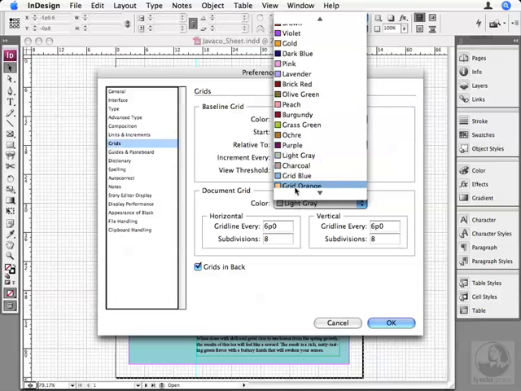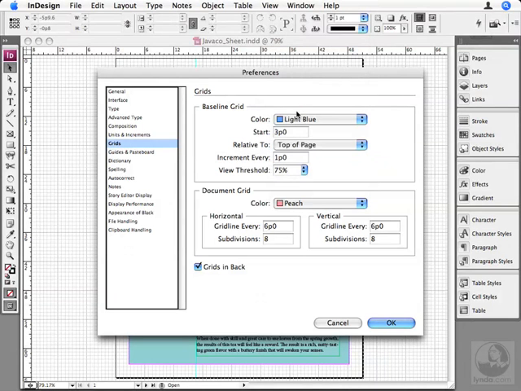We can change the color. For example, maybe we'll make it peach color instead. And you can change how large this is. So for example, we might change this to, let's say, 5 centimeters. And I'm tabbing over here and doing 5 centimeters over here as well. And then 5 subdivisions between each one of those. That means I'll have a darker line at every 5 centimeters, and then 5 subdivisions, which means each subdivision will